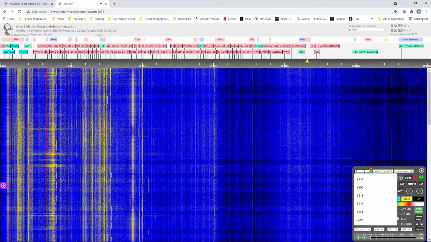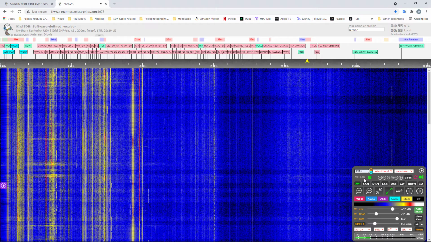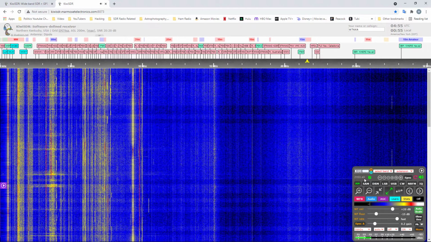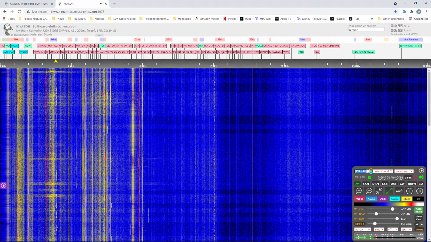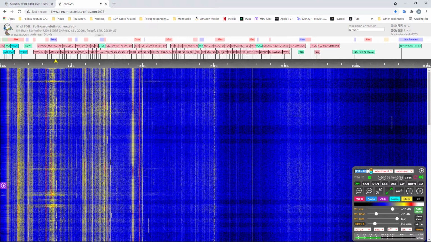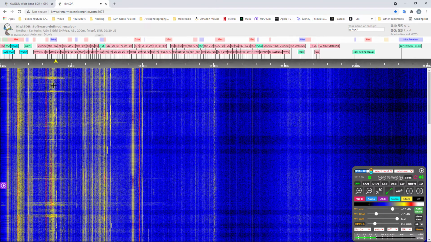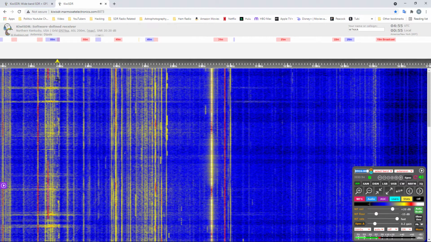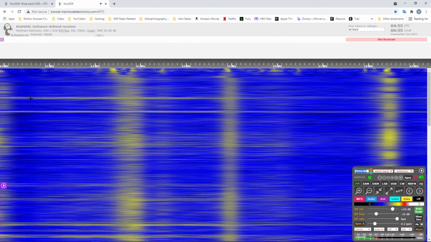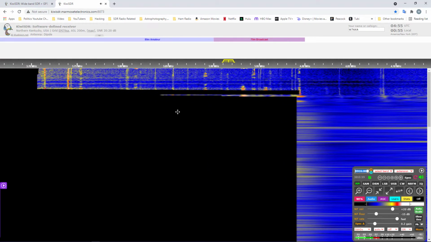Like right now, I'll type in 3916, hit enter, and boom, it goes right to it. So I'm going to scroll into 80 meter band, see what we got going on.